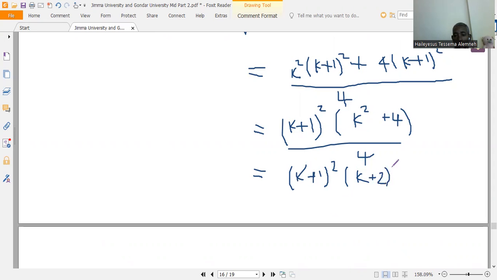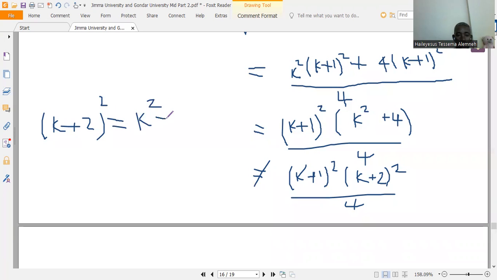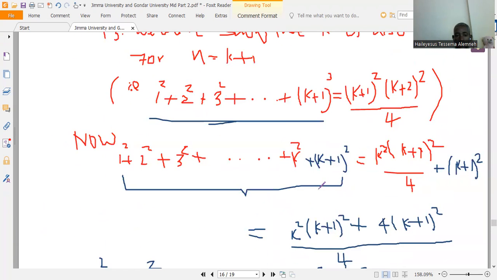Is that k plus 2 the whole square ጋር equal አይደለም over 4. it's not equal because k plus 2 the whole square ከማን ጋር ነው እኩል የሚሆነው which is k square plus 2k plus 4 ጋር ነው ተመሳሳይ የሚሆነው። so እዚህ ጋር ግን k square plus 4 ነው የቀረን which is not equal therefore it's not valid